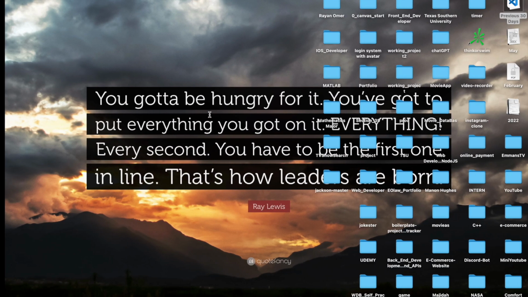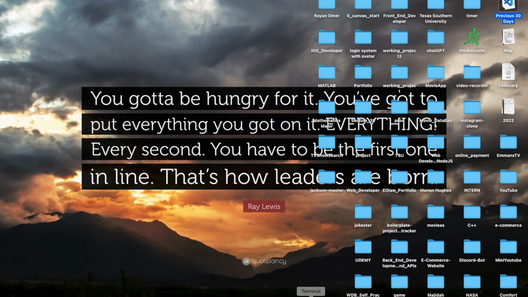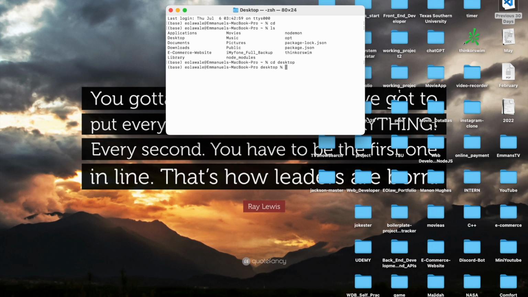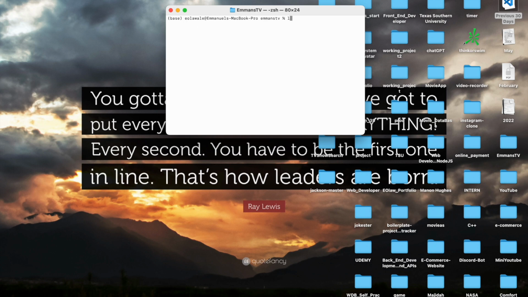Okay, let me open my terminal up. So let's cd into Desktop, and then cd into MS TV. Let's clear this. As you can see, there's nothing in there, so we're going to make a file called